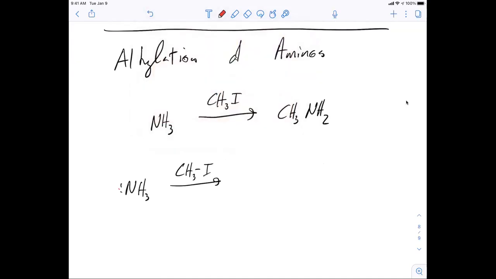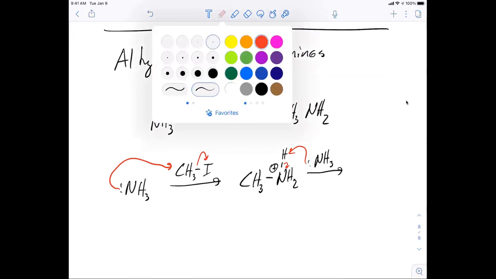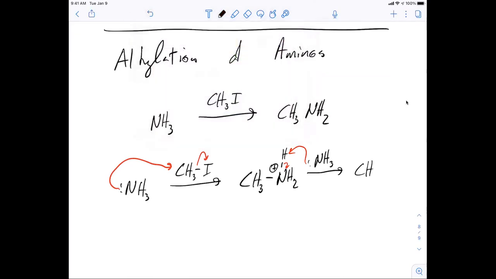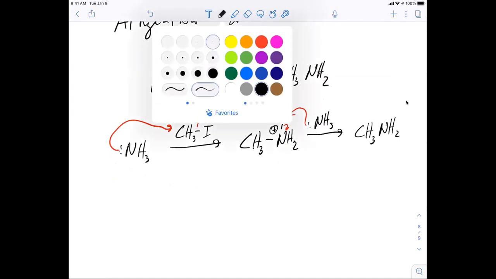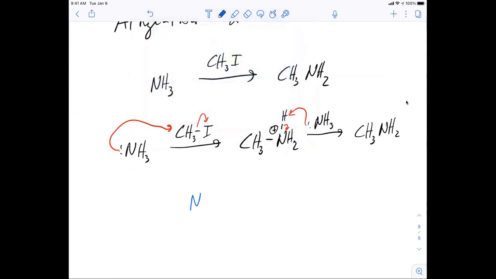So I can say nucleophile attacks electrophile, leaving group leaves. And then we can pull off a proton to get to the product. But if we look at our product here, if we look at that versus